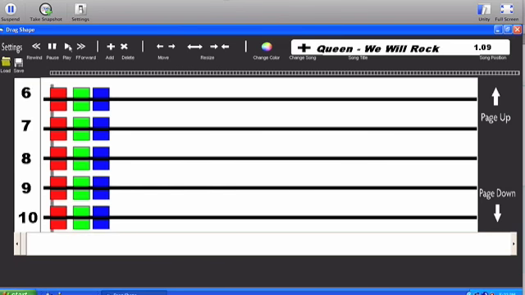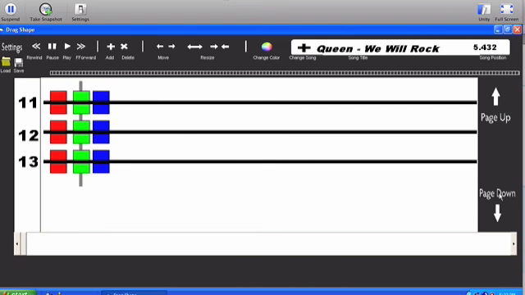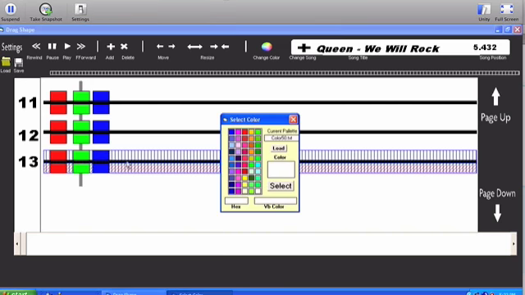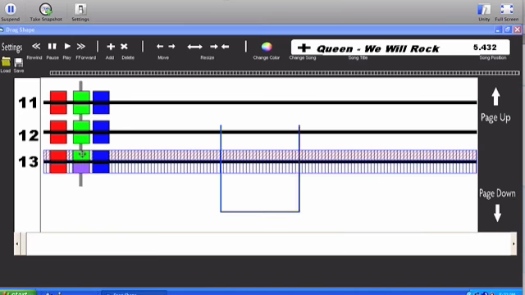So let's say at this point in the song right here, I'm going to pause it right here. So at 5.5 seconds into the song, I want every single pin to be green. So you can see right now they're all green. What if I want them all to be purple? So I'm going to hit change color, and I'm going to change every single box to be purple. I just hit select,